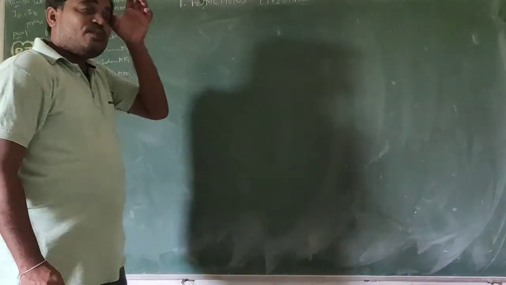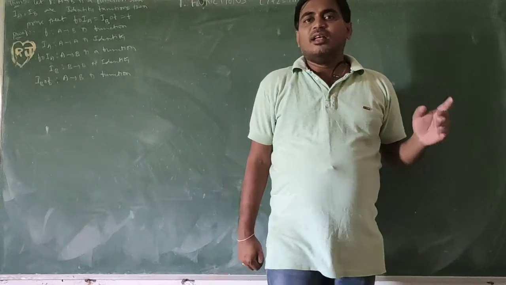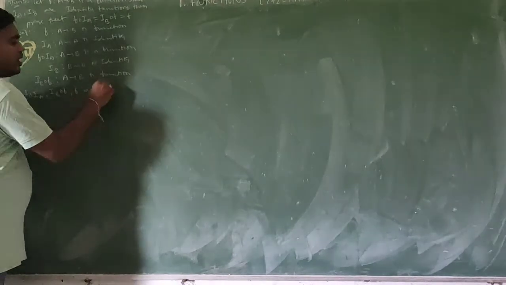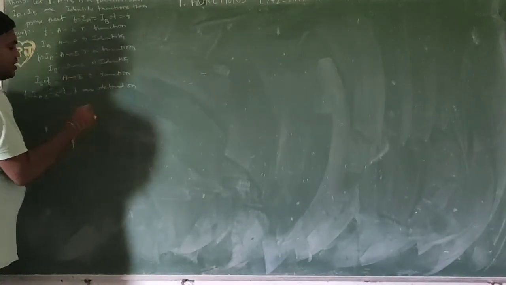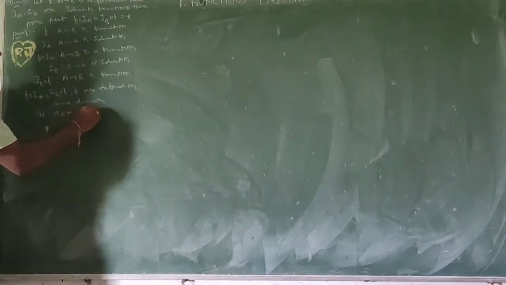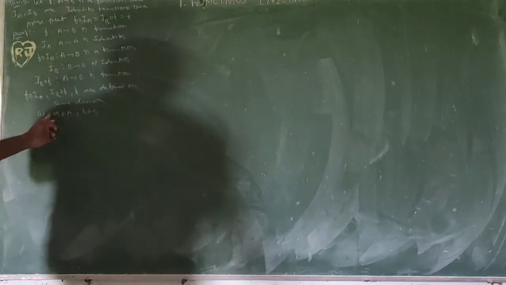First, if two or more functions are said to be equal, their domains should be the same. So here the domains are the same. That's why I am writing f circle IA, IB circle f, f are defined on the same domain. This is very important: same domain. If they don't have the same domain, the functions won't be equal. Now let a belong to A and b belong to B. I am taking one element in set A, a belong to A, another element b in set B.